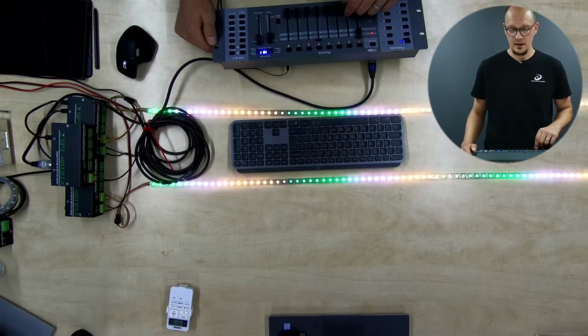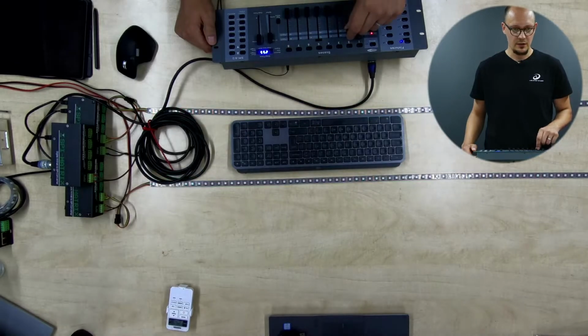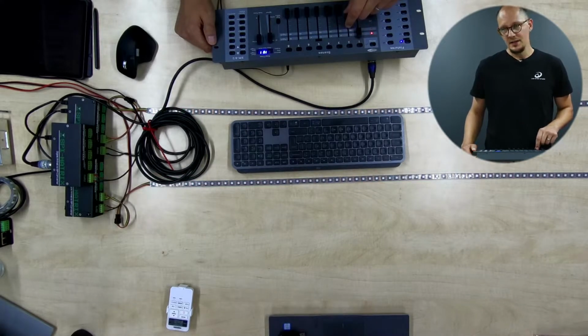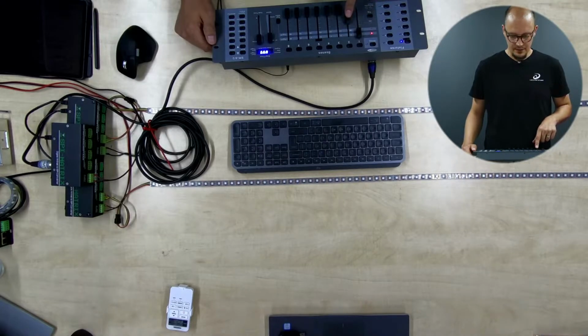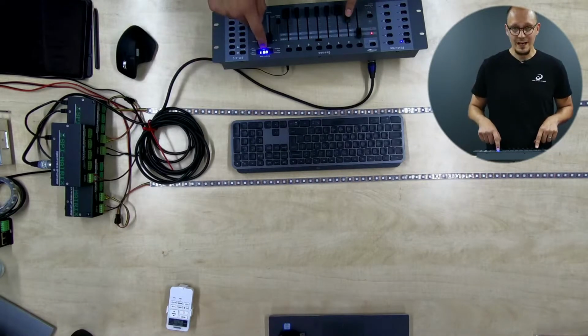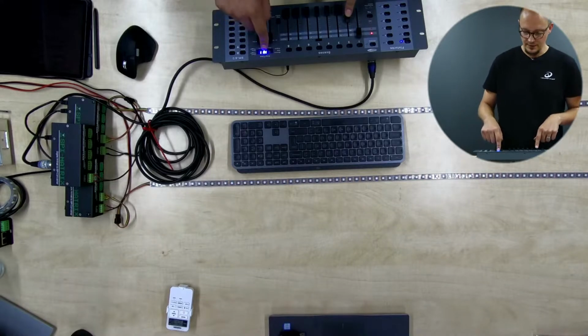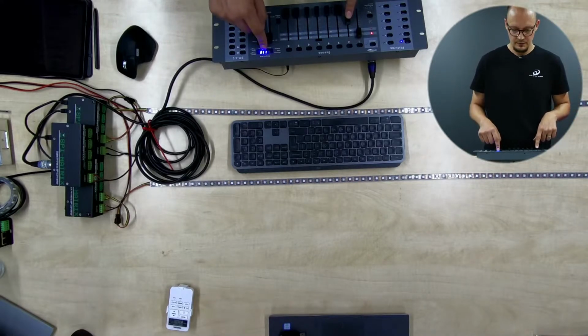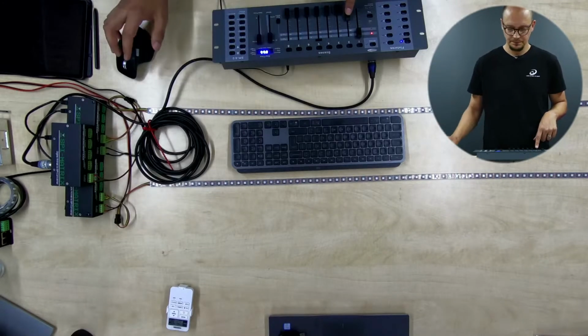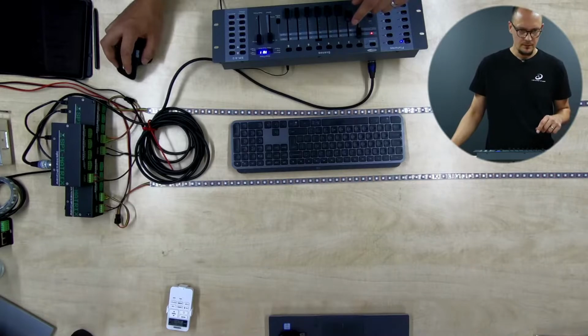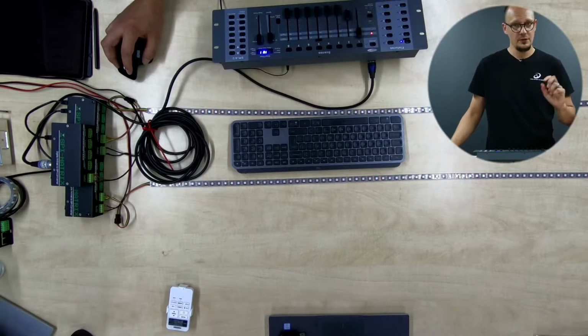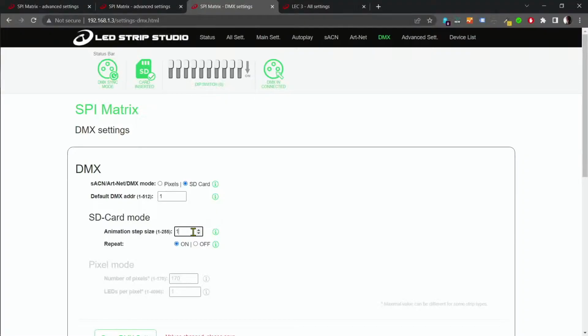The second slider will control what animation I want to play. Here it gets a bit tricky, because with this slider you can't exactly hit, well, you can, but you will spend a lot of time trying to hit an exact number. For that, we have a nice feature that is called animation step size. What does it do? Now animation will change every time I change the value by 1. But if I change this to, say, 20,